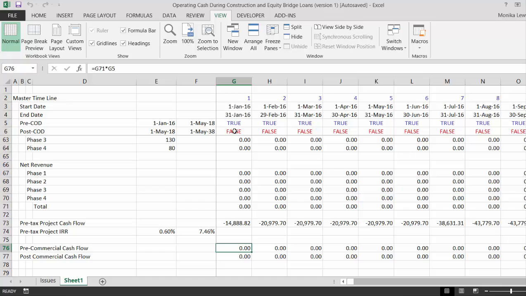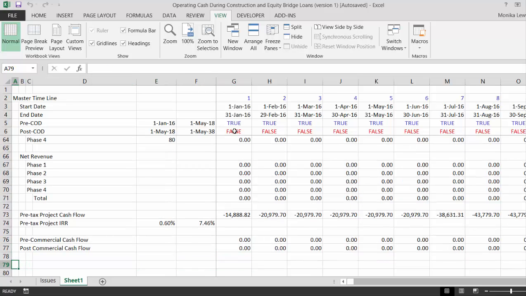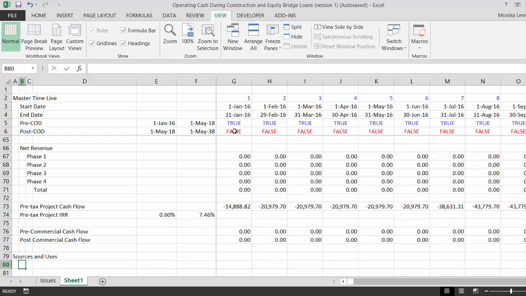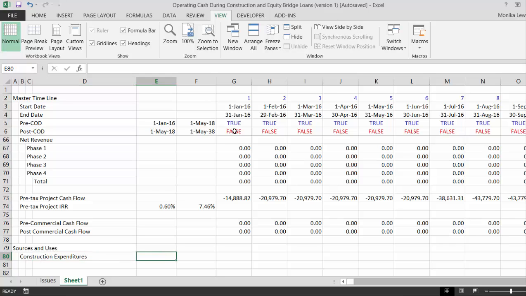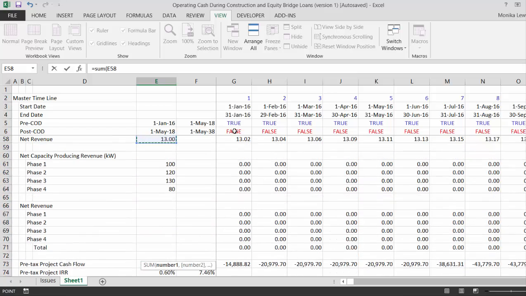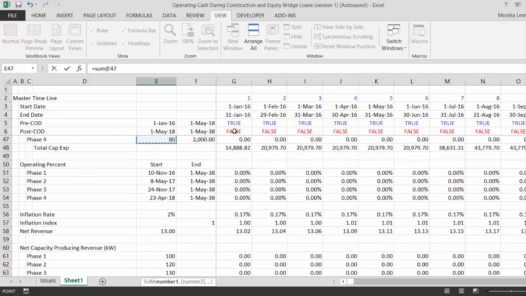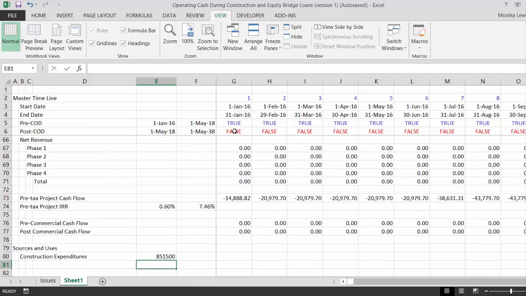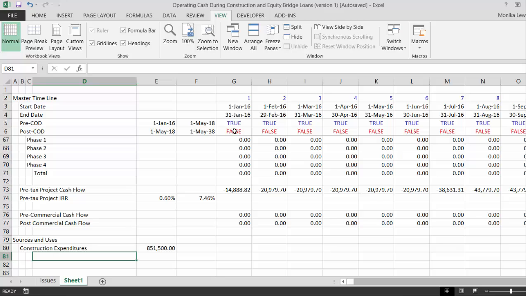issue now. Okay, and the issue is when we make our sources and uses of funds. Okay, the construction expenditures, there's no issue with that. That's just going to be, and we'll make a sum here. And I hope we can, because we did it down here, we can just take a sum. We didn't put any little things, okay? And then we can,